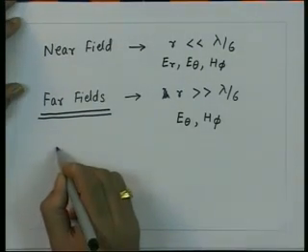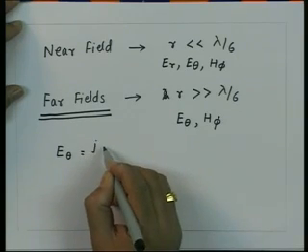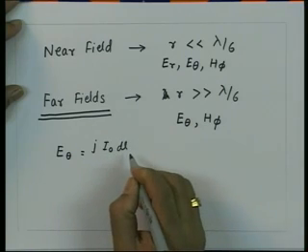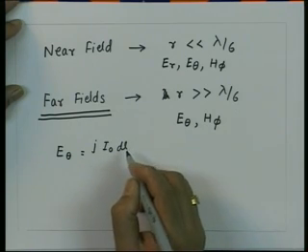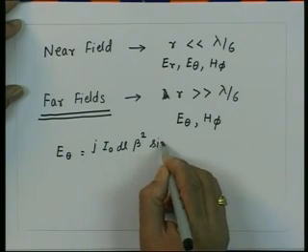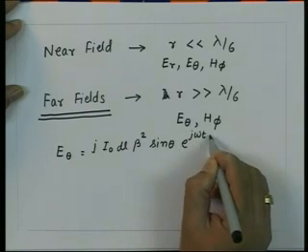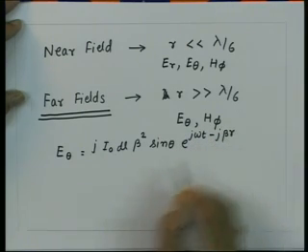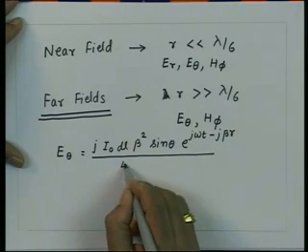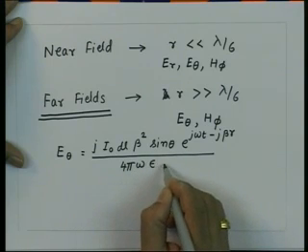We get the component E theta, which is j I 0 dl beta square sin theta e to the power j omega t minus j beta r upon 4 pi omega epsilon r,